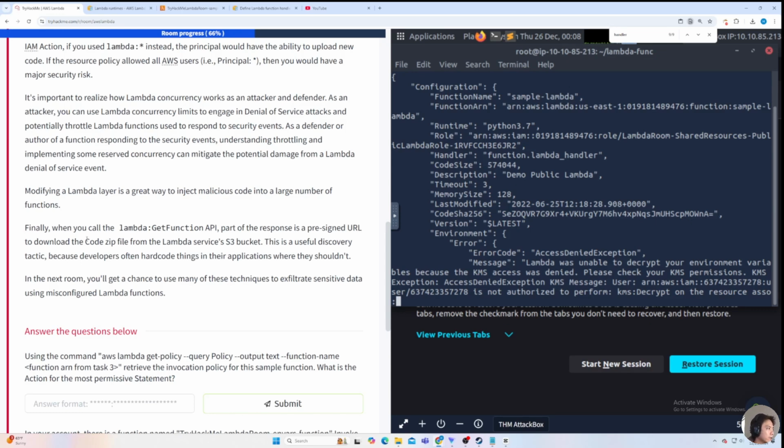Modifying a Lambda layer is a great way to inject malicious code into a large number of functions. Finally, when you call the Lambda get function API, part of the response is a pre-signed URL to download the code zip file from the Lambda service S3 bucket. It is a useful discovery tactic because developers often hardcode things in their applications where they shouldn't. In the next room, you get a chance to use many of these techniques to exfiltrate sensitive data